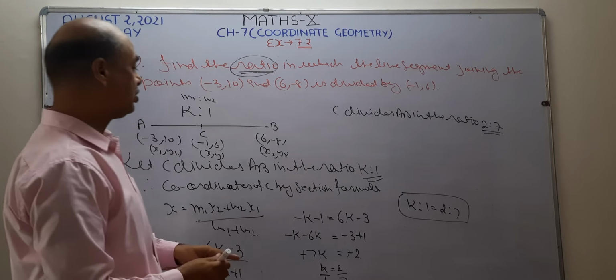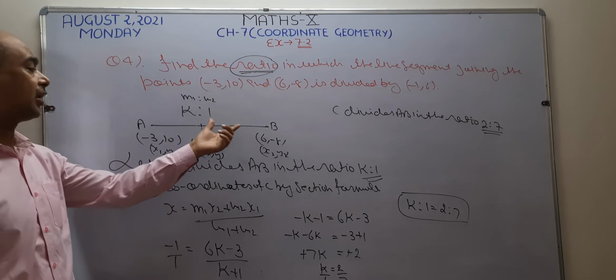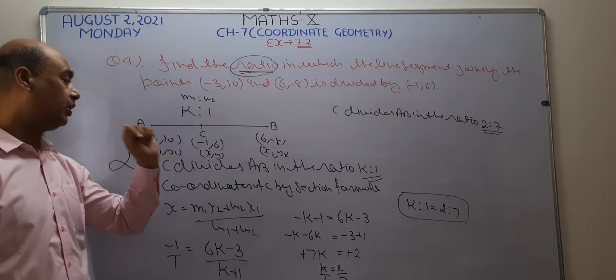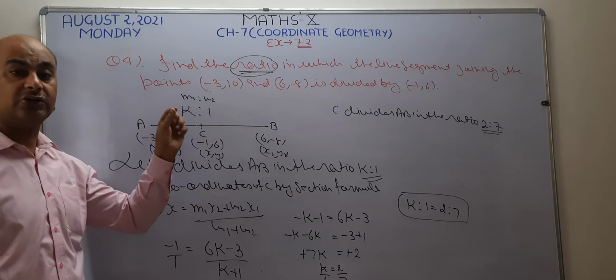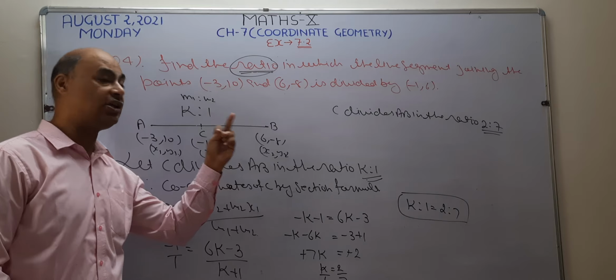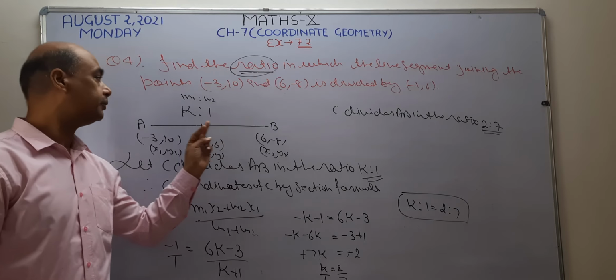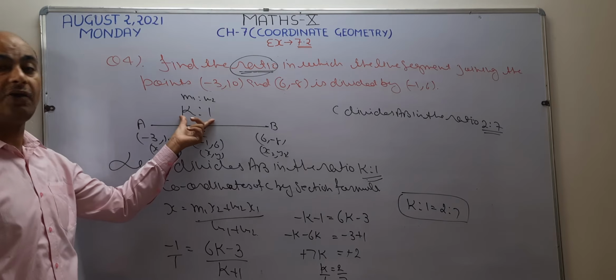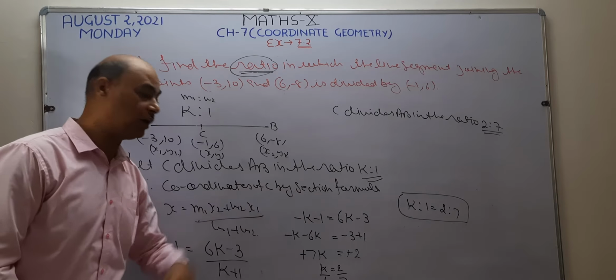Okay, it's very simple. You have to identify which formula you are going to use, whether it is the midpoint formula or the section formula. Remember one thing, whenever you are going to find coordinates, you find them using only two formulas: one is the section formula, another is the midpoint formula. But in this question you are going to find a ratio. Since the ratios are different, I am going to use the section formula.